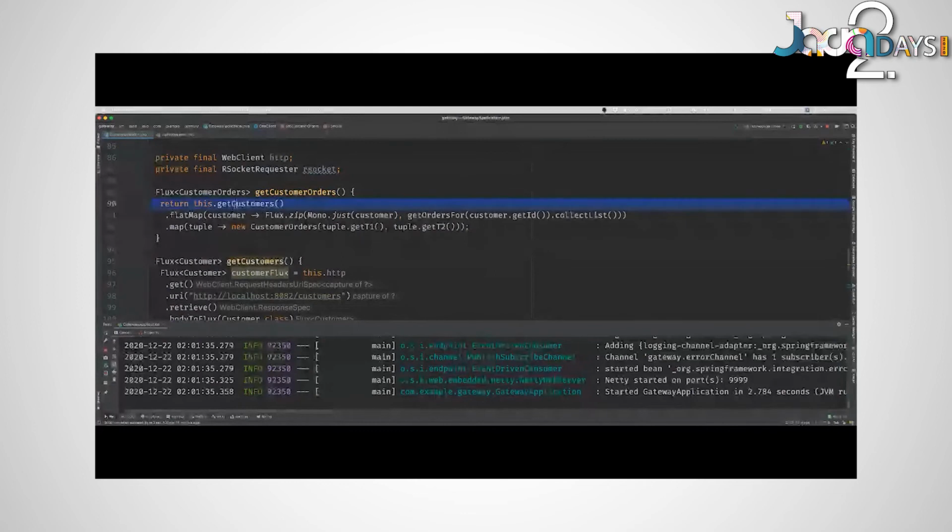It's going through all the customers concurrently, at the same time, and as it gets each customer, it's going and launching all the calls for the orders. So I might have 5 threads running at the same time, getting different orders. Even though it's an n+1, it's still acting concurrently as much as it can.